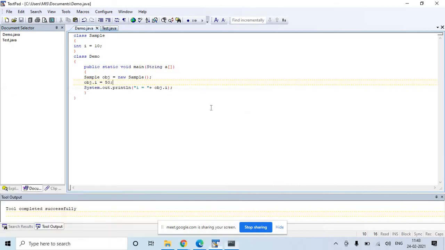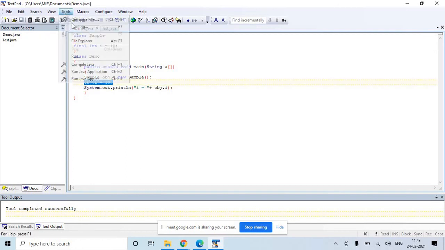Now if I want to restrict this so that nobody should be able to change the value of I, and if someone tries to change the value of I here, I should get an error message, I will write here final int I is equal to 10. Whatever the I value is here, this is final, and no one should be able to modify it later in the program. I'll save it and compile it.